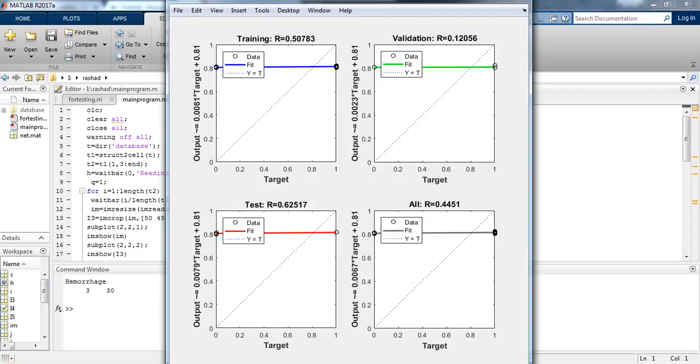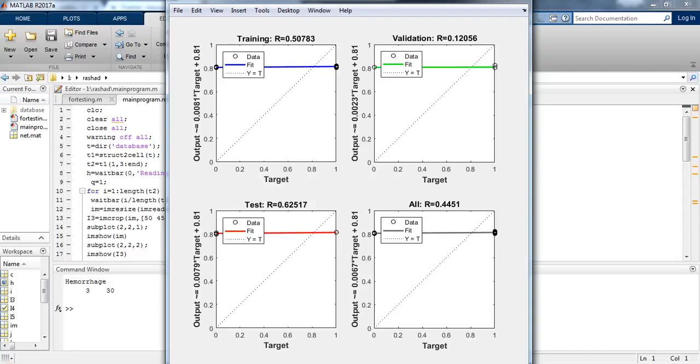At the top left we are getting the output approximately 0.0081 times target plus 0.81, and at the top right 0.0023 times target plus 0.81. At the bottom left we get 0.0079 times target plus 0.81, and at the last 0.0067 times target plus 0.81.